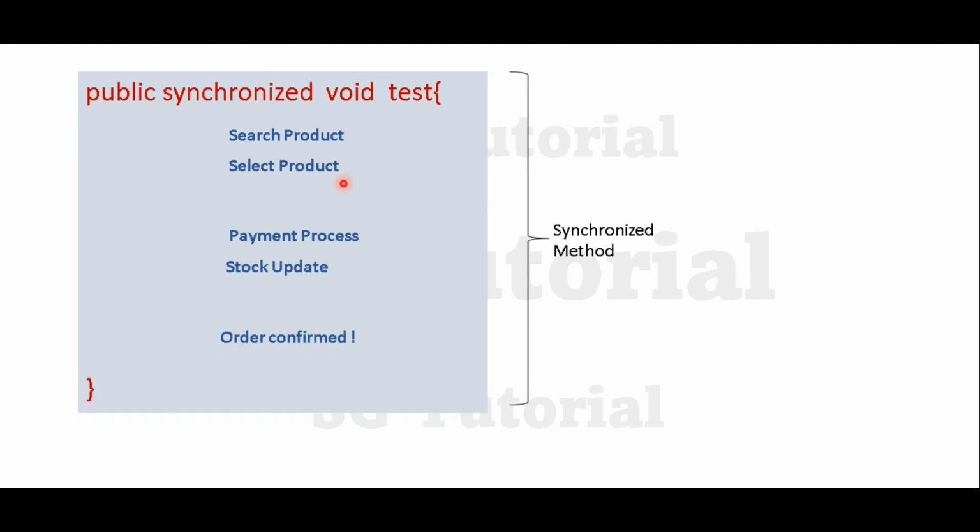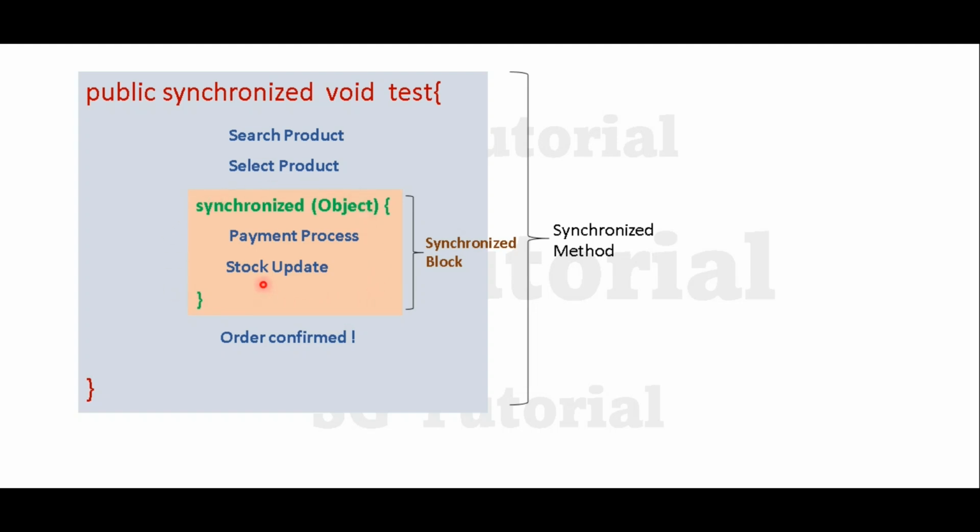But some parts of code need a lock, such as the payment process and stock updation, right? And that is exactly what we can do using a synchronized block. That means inside a synchronized block we can put the critical code that really needs a lock, and the rest of the code multiple threads can access freely. And that's the reason why Java introduced the synchronized